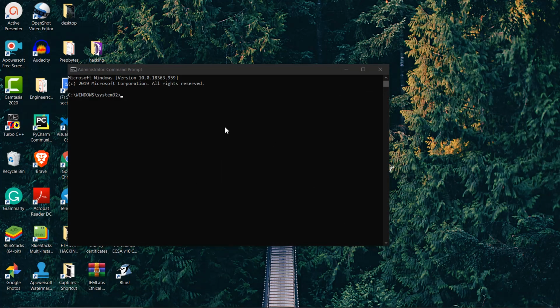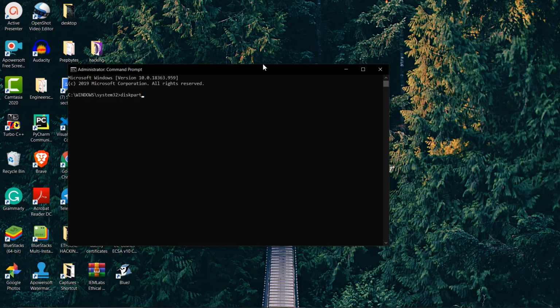After opening this, what you have to do is, let me just insert my pen drive. You can see here I have inserted my pen drive. I'm not going to open it. Whatever I'm going to do is all through the command prompt. You have to enter the diskpart command. Once you do this, it will show your computer's name, and this partition mode will be turned on, and under diskpart you should enter the command list